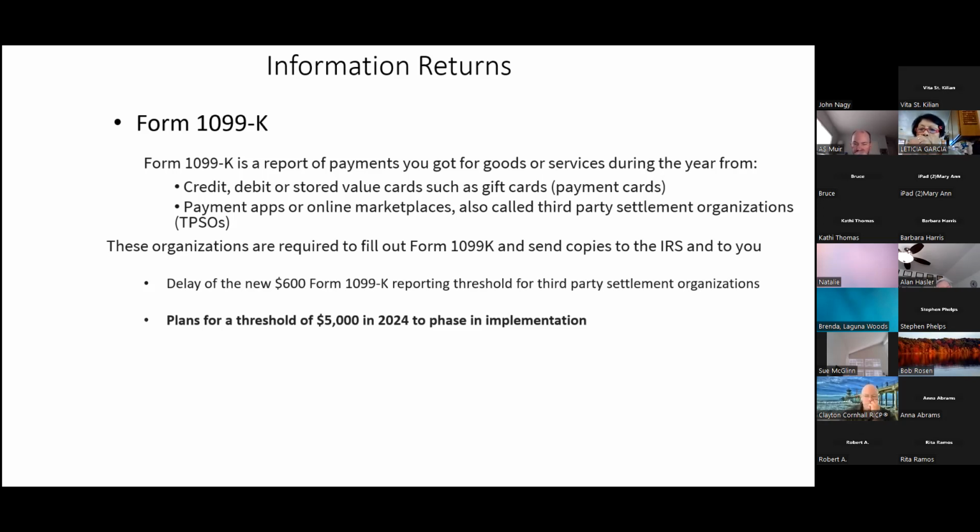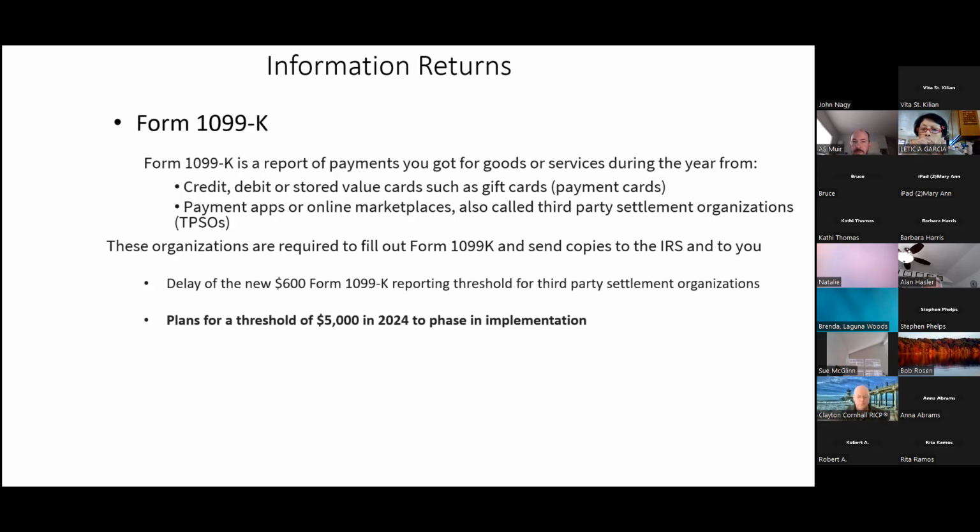Hey, Jerry, can I make a comment here? It's probably not going to be applicable this year, but when eventually it has this $600 figure, if you go to Venmo, for instance, this is probably younger people, right? You go out to dinner, and instead of everyone paying cash, one person pays and then the other people just pay a bunch of Venmos. You do that all year, you're going to have $600. None of that is taxable at all, right? You're just splitting up the expenses.